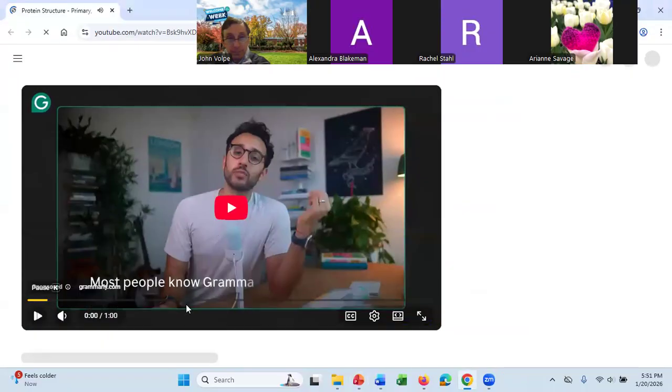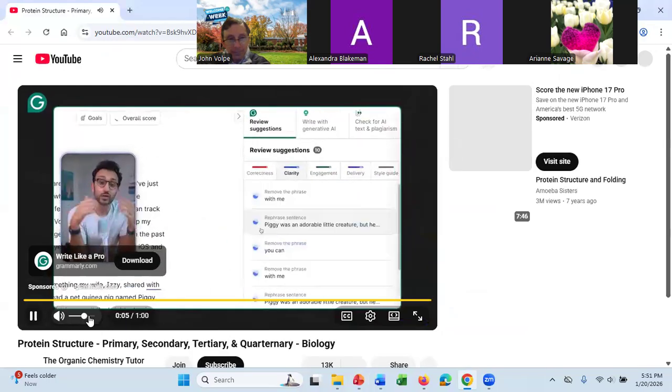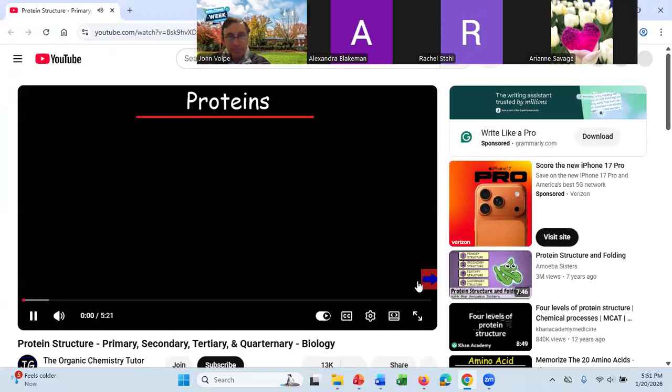Most people know Grammarly as a spelling and grammar tool, but it's actually so much more. An AI writing assistant that works wherever you work so that you can craft